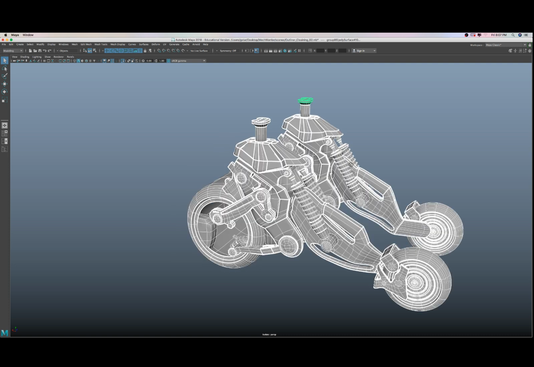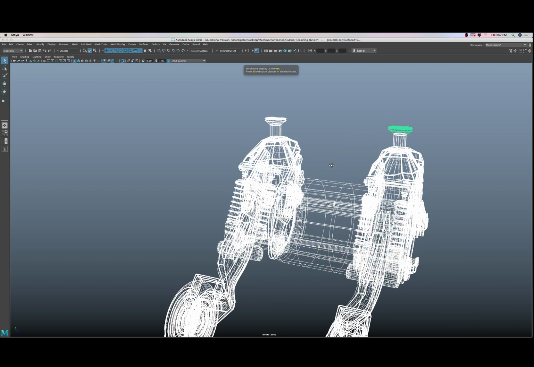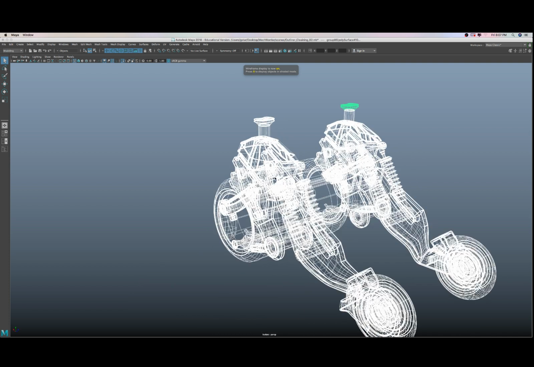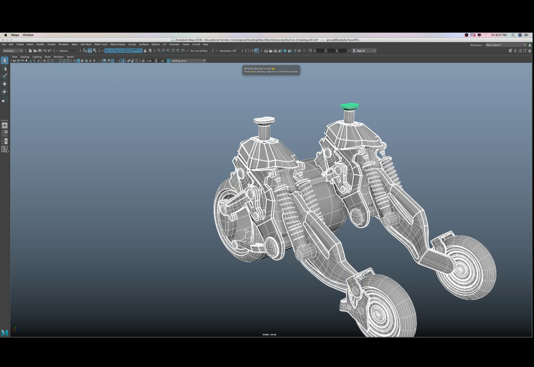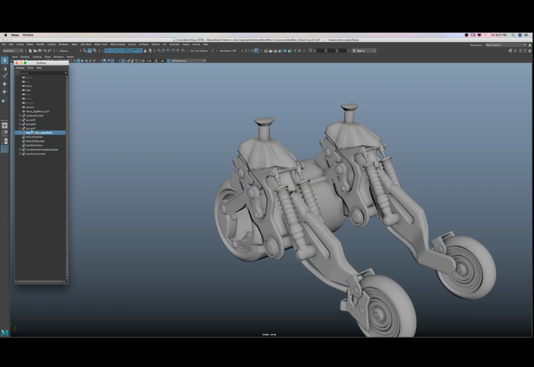If I press 4, sometimes that's easier to navigate. So what I'm going to do in this tutorial is clean up the rest of the group. I have everything in the upper body group. Right now I just need to take these two individual groups and begin the naming convention. So I'll start off with this shape,